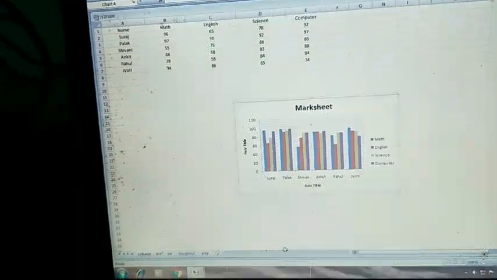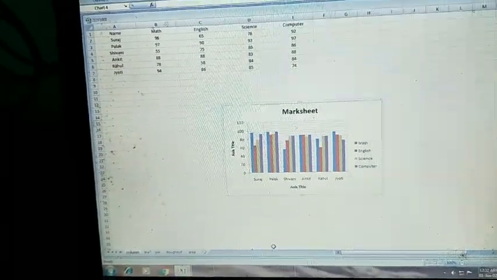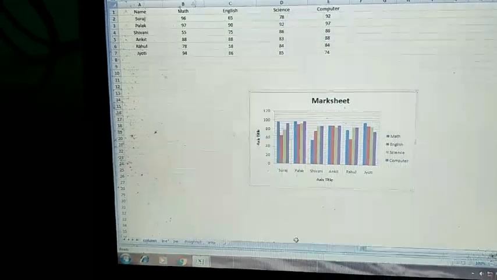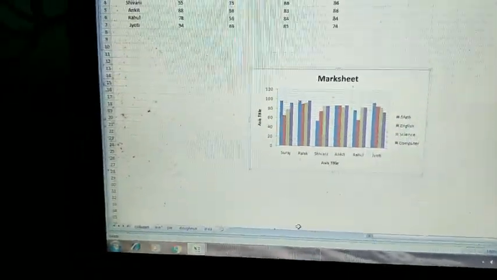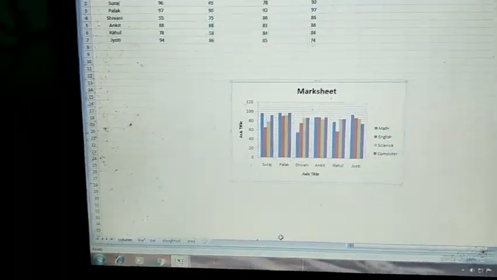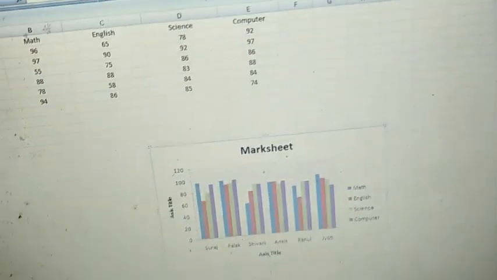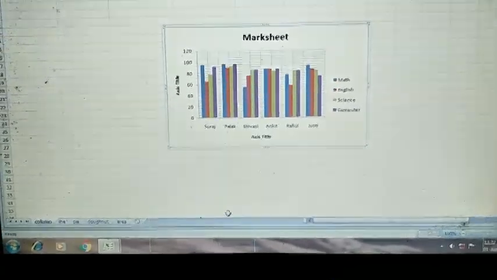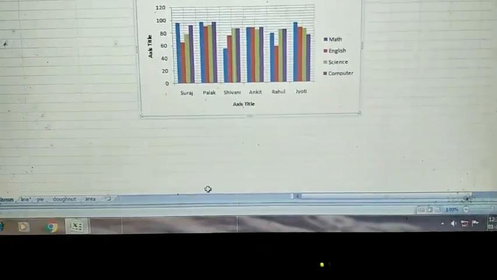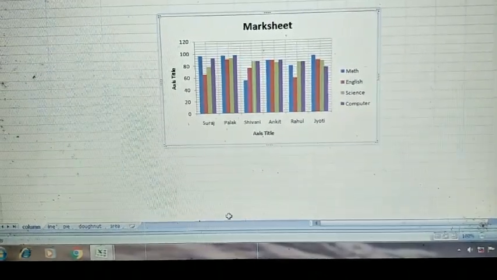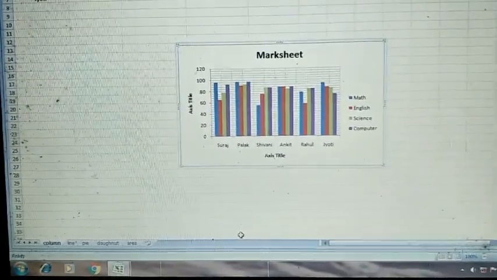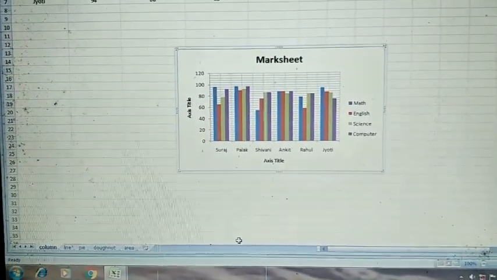So how will you make a group? First you will hold the control key. Wait. After holding the control key, I cannot do this because in one hand I am holding my phone, so it is difficult for me.